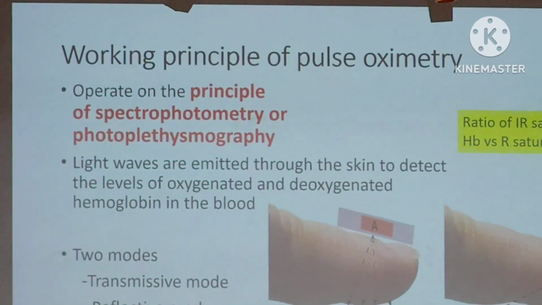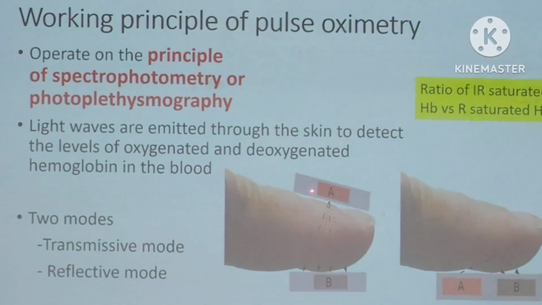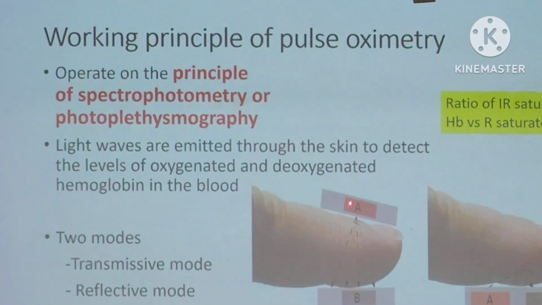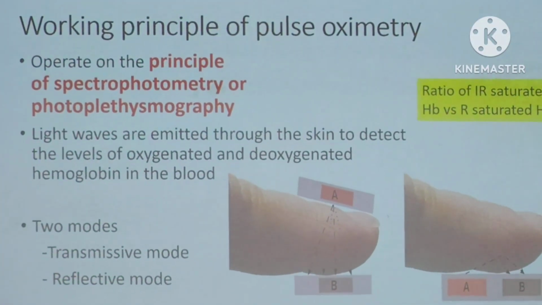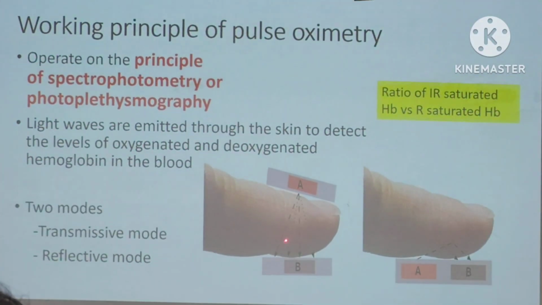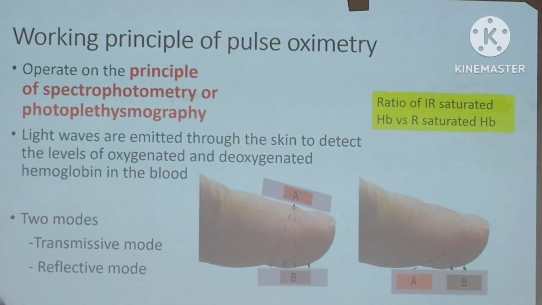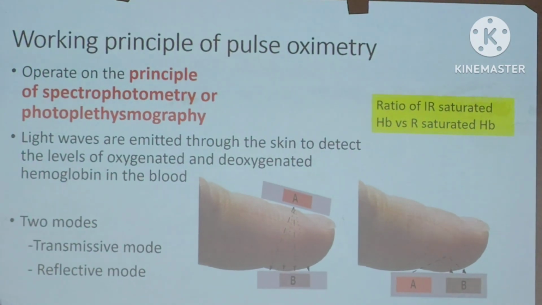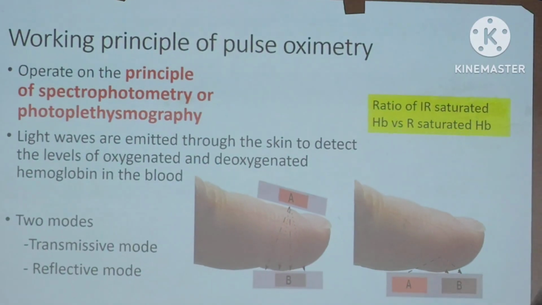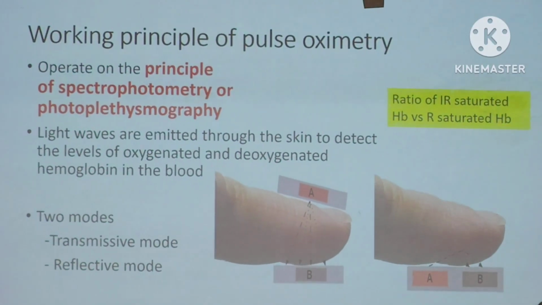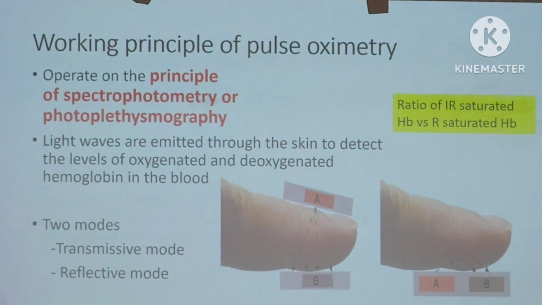What you can see is that light is emitted by some light emitting diode over the finger or any other area, like the earlobe or any other organ. So the amount of light absorbed by the hemoglobin is monitored as SpO2. Now, if you remember the electromagnetic spectrum, there was visible light, infrared light, ultraviolet light, X-rays, gamma rays, like that.